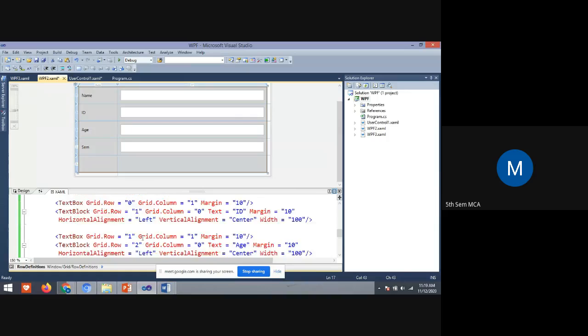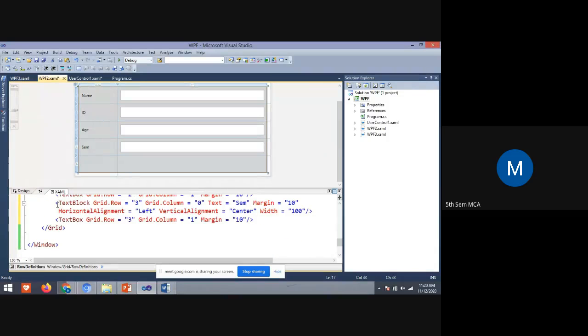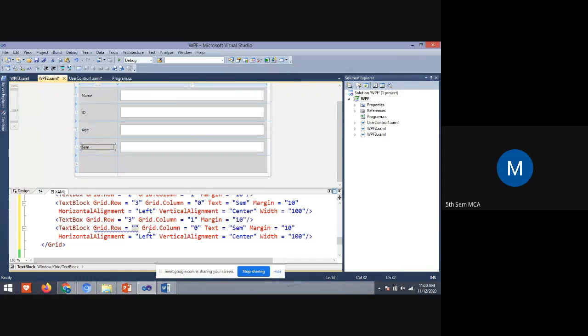I'll copy and paste the text block. After semester, I have created one more row, but in that row nothing is there.